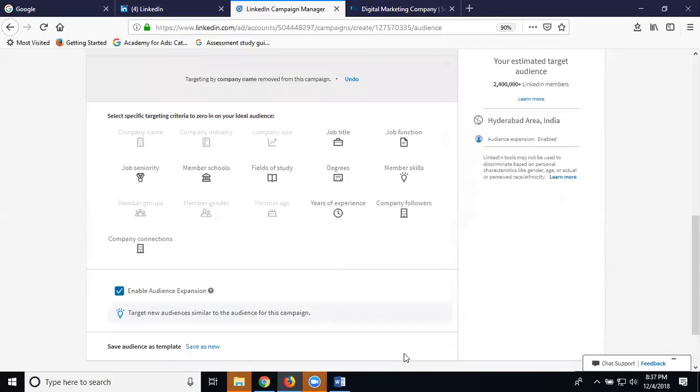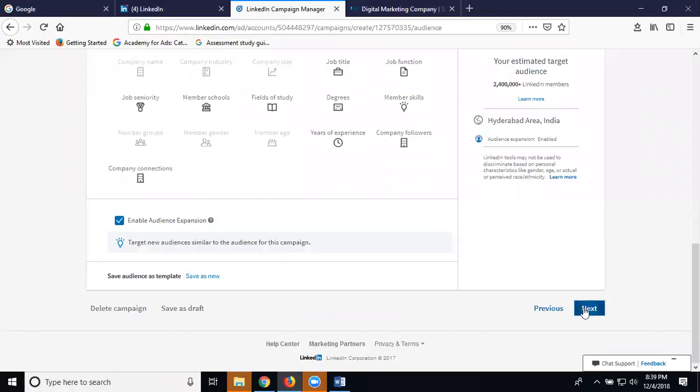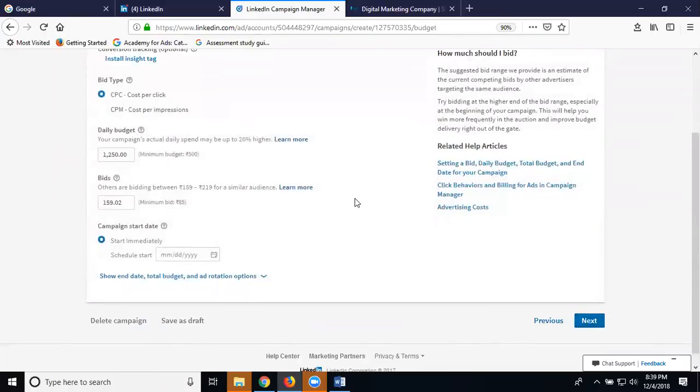Suppose you target only IBM people, target by IBM. You target only Tech Mahindra, target by Tech Mahindra. You target only specific study people, computer science, like that. You target by a particular age, the people of that particular age. Please write down the 16 types. So after writing these 16 steps, click next.